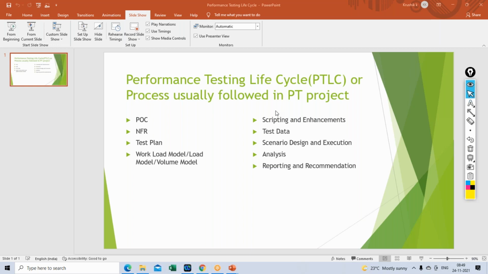And if you go into technical details, you can clearly mention what is the method of the code that is running slow, or what is the query that is running very slow. We can provide those query and method details also. In fact, our analysis should be such that we can give all the details, like what is the query that is taking time, what is the method that is taking so much time. For that purpose, we have to use one APM tool, any one of the APM tools like AppDynamics or Dynatrace.